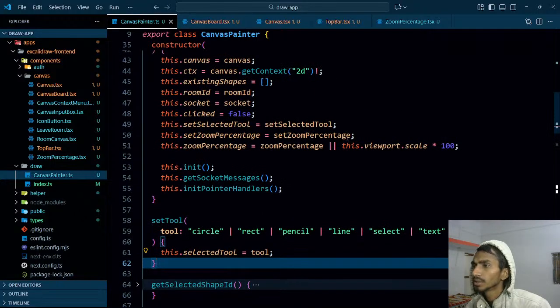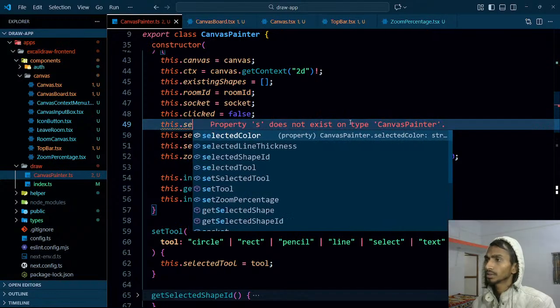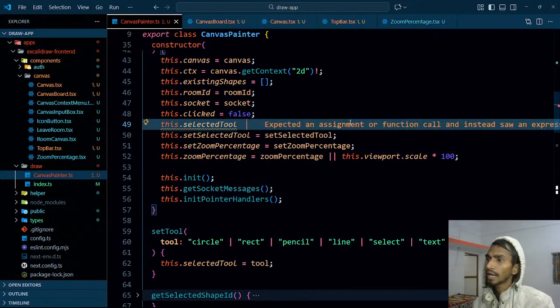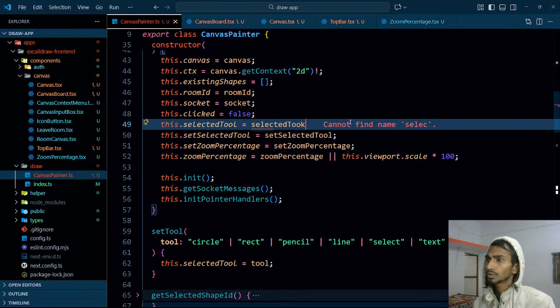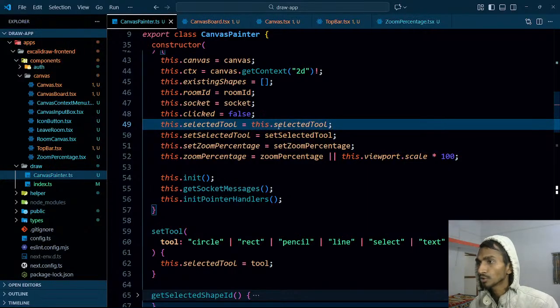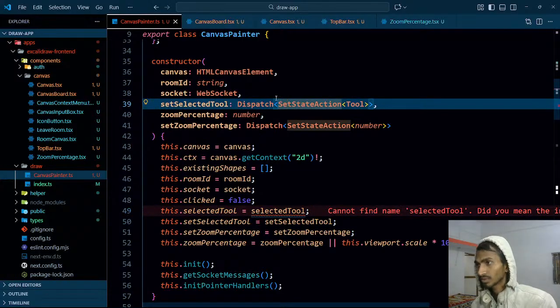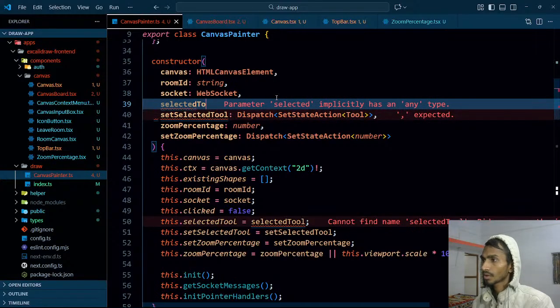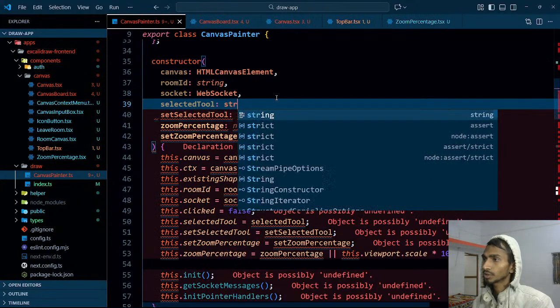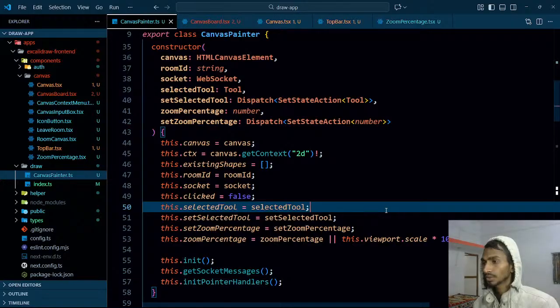Okay, over here set selected tool. This dot selected tool, I will be getting it from that side, and I will be saying the selected tool. The main focus is on the project, bro. If I actually do not get this project done over here, what is the use of even coming live and being here? So yeah, set selected tool, that's going to be a string, or just one of the tools. And once this thing is done,